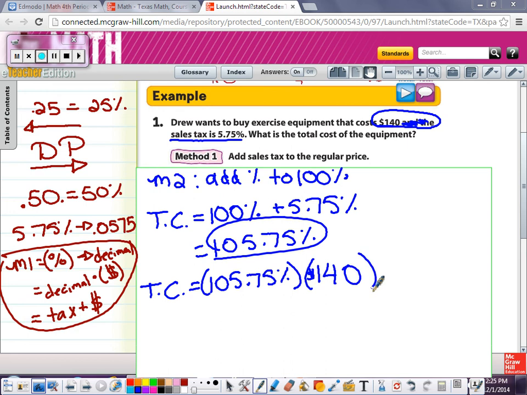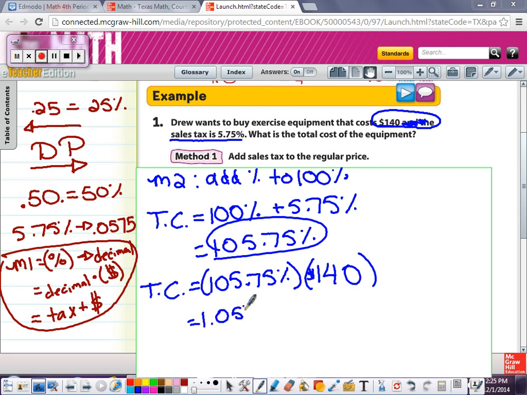Now remember, we can't multiply percents. We have to turn them into decimals using DP. So since I have a percent already, in order to turn it into a decimal number, I have to move the decimal point 2 spaces to the left. That's going to go 1, 2, between the 1 and the 0. So now I'm going to have